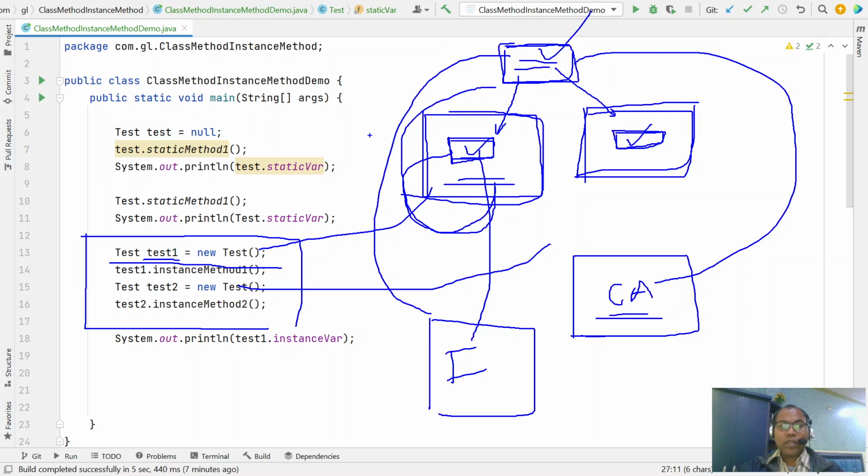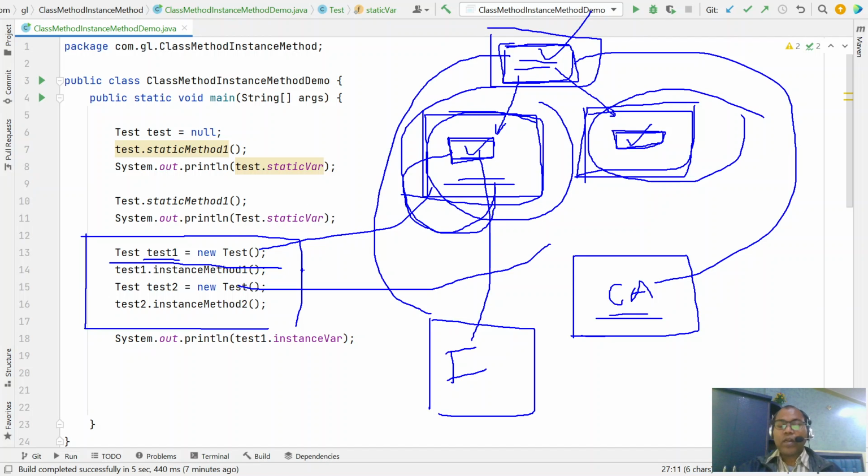So now it's clear that a class variable, that means a static variable or static method, has only one reference. But in the case of instances, according to the number of objects you create, a different copy of your instance variables is created.